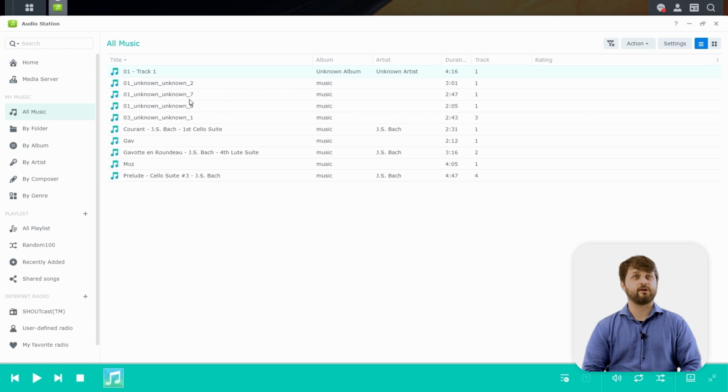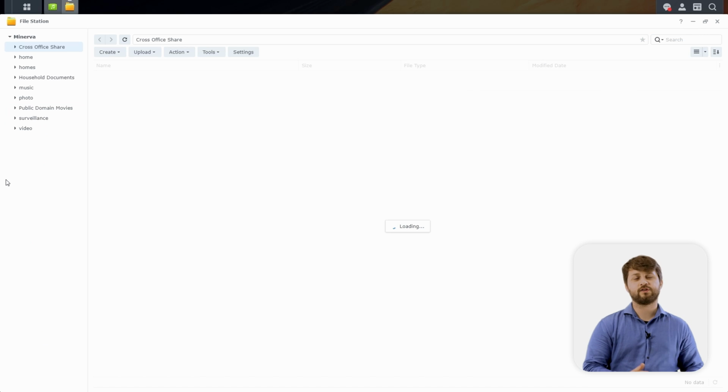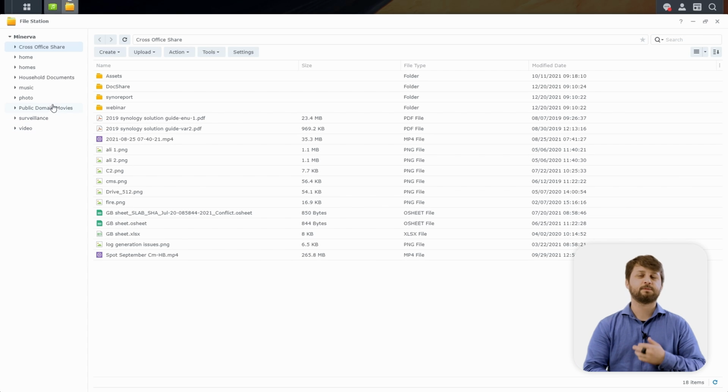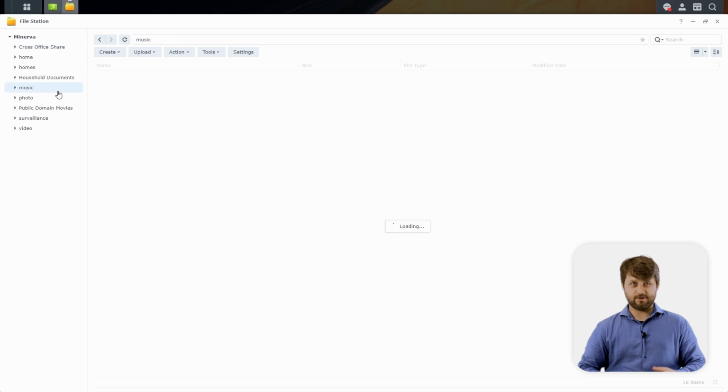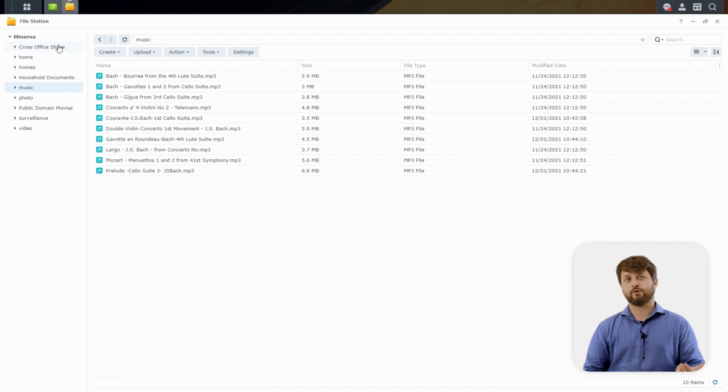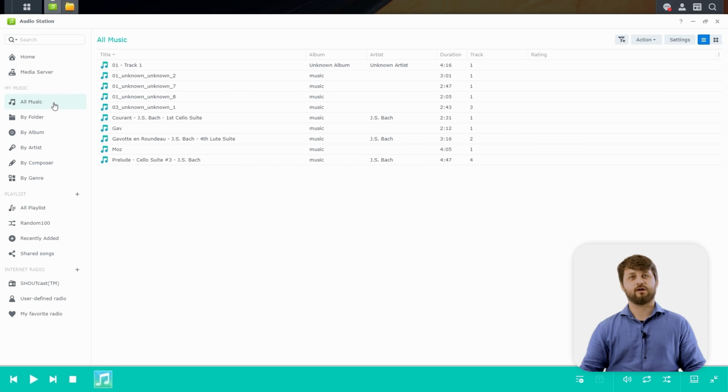So if we go to All Music here, you're going to see that we already have several songs listed inside of our main library here. And we have an artist listed for several of those songs for Johann Sebastian Bach in this case. So what we're going to do is actually show you where all this music lives inside of File Station first, and then start interacting with some of the features. Now whenever you install Audio Station, this music shared folder is automatically created, and this is where we uploaded all of our music to. So that's how we got music into our environment for Audio Station. So now let's go ahead and jump back over to that module and start interacting with some of those features.